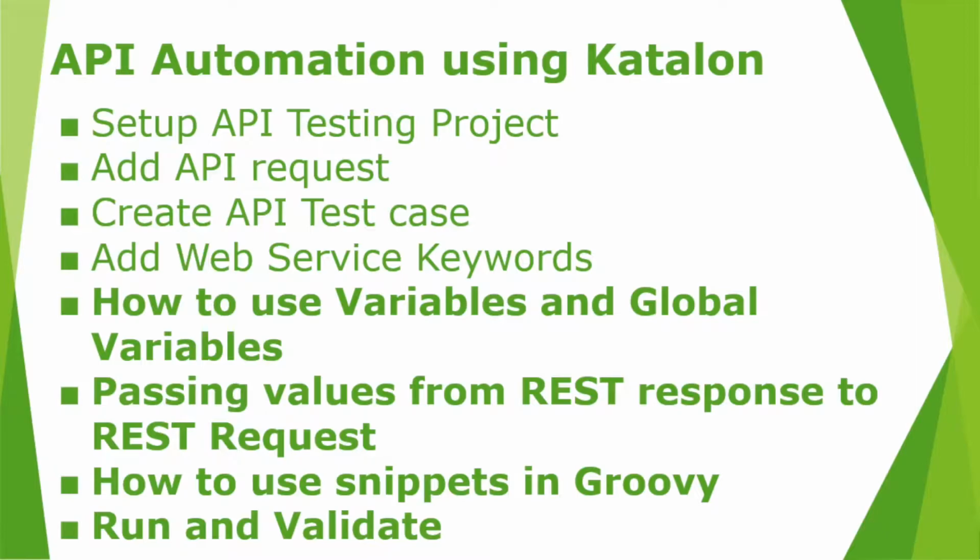I also taught you how to create API test cases, and how to add web service keywords in automating the API test cases. And I showed you two simple scenarios where we automated REST services